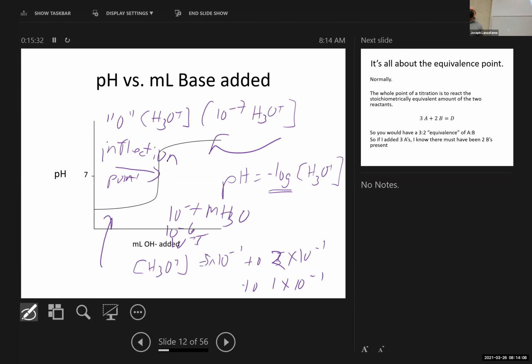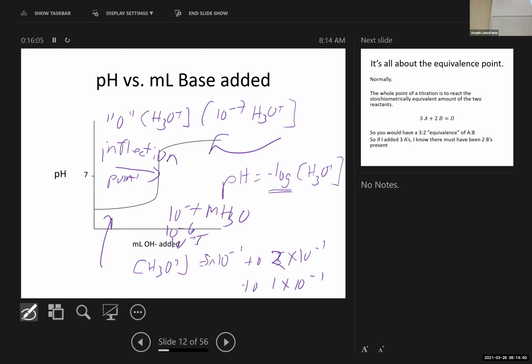Right, you start out with a relatively gradual slope, right? When you get near the endpoint, the slope starts accelerating. And at the inflection point, it then starts decelerating, right? And so if I take the second derivative of the curve, the second derivative equals 0 at the inflection point. And so one way to know where the endpoint is to actually just stick a pH meter in it,